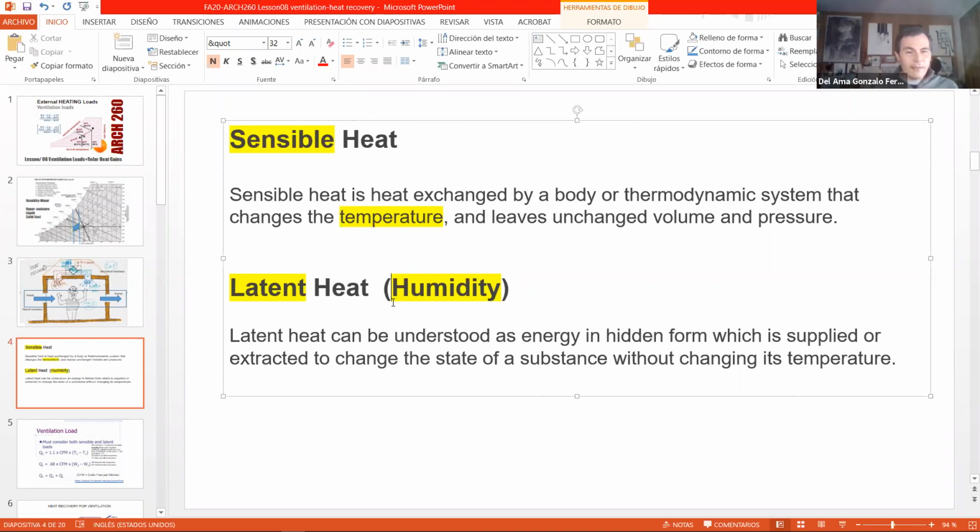We have a limit, and the limit is when we have a relative humidity of 100. When the relative humidity is 100, we can't increase the amount of water that we have in the air. But if the relative humidity is not 100, that means that the air has the ability to turn water, liquid water, into vapor because of this latent heat that the air has. Okay. Anyway,